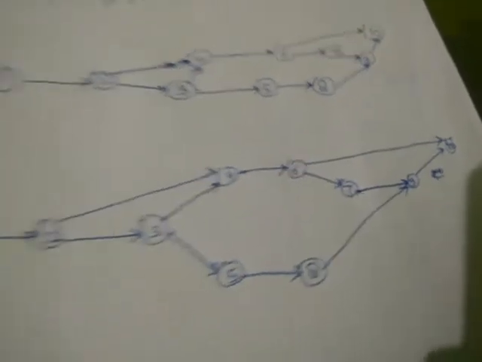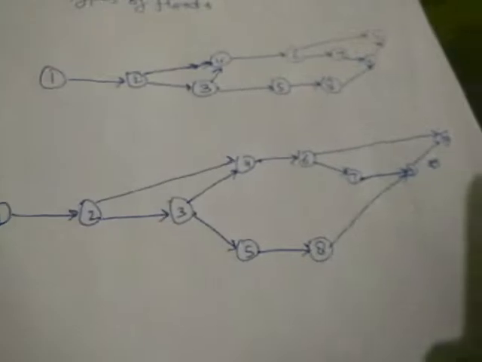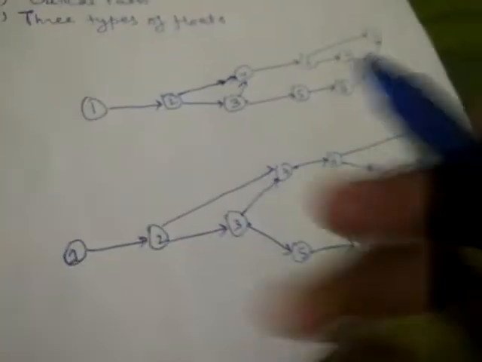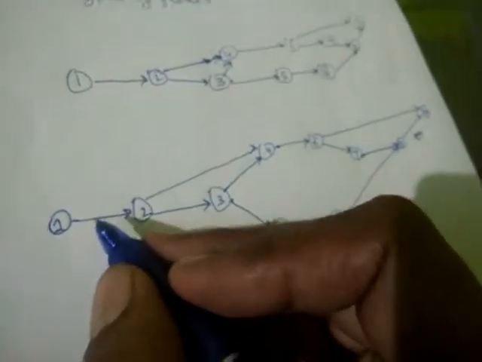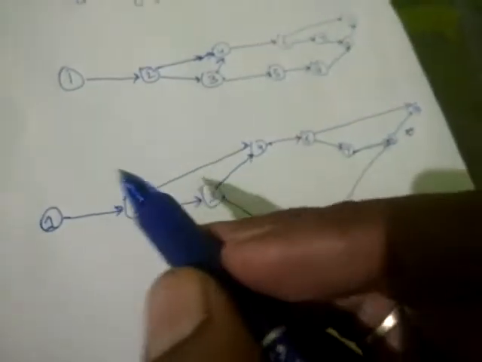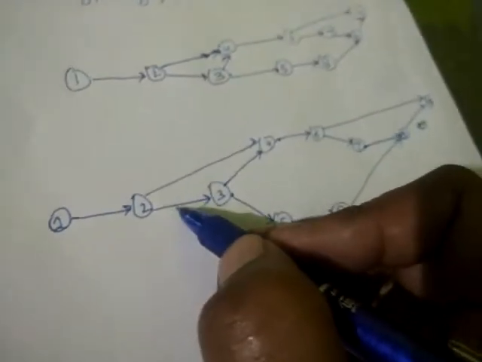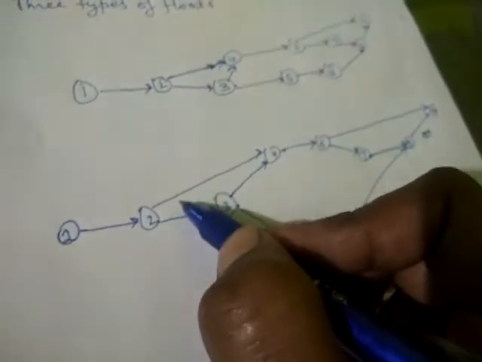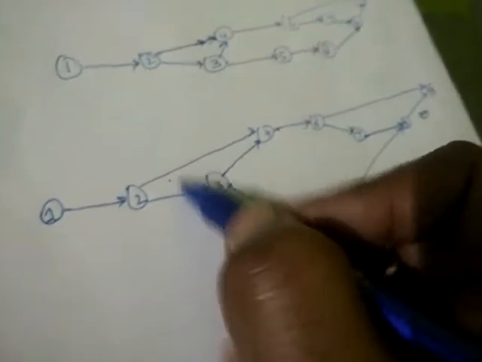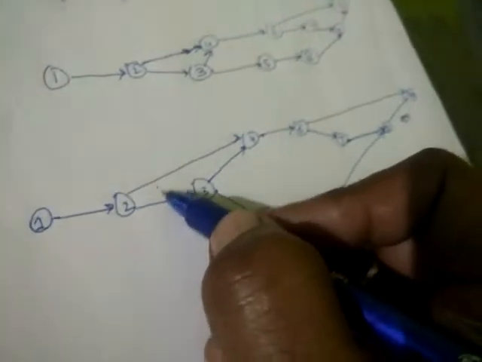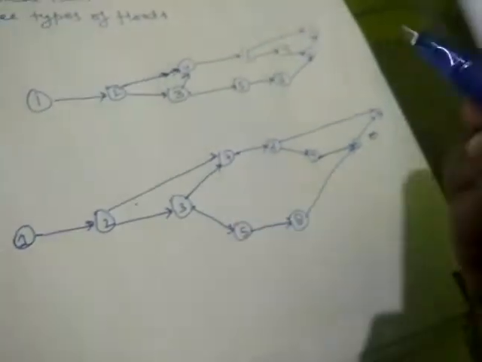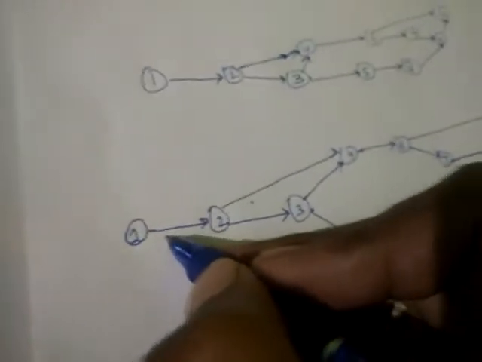So now you can see that this diagram is more clear. Now write duration of activities. I suggest you to write duration of activity below the arrow. So it will become easy to identify which duration is written for which activity. For example, if you write above in one place and below in another, sometimes you may face this confusion. So this is the reason I suggest you always write activity duration below the arrow.